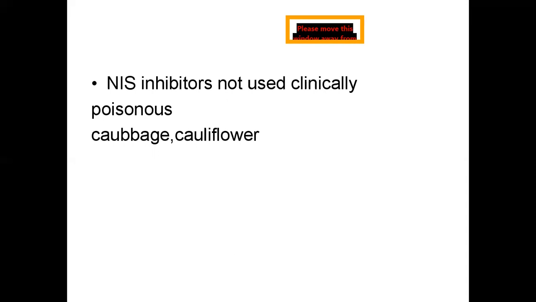When we take cabbage and cauliflower in very excessive amounts, they will block this and show their effect. In cabbage and cauliflower, small amounts of pertechnetate and thiocyanate will be there. So we should tell the patient to avoid eating cabbage and